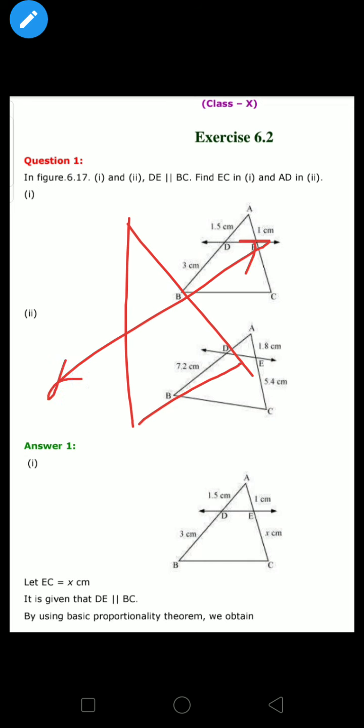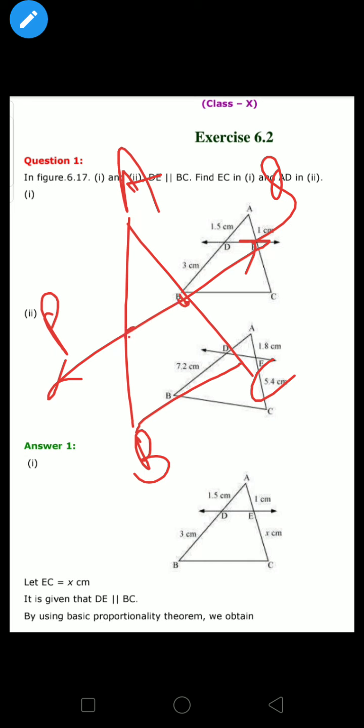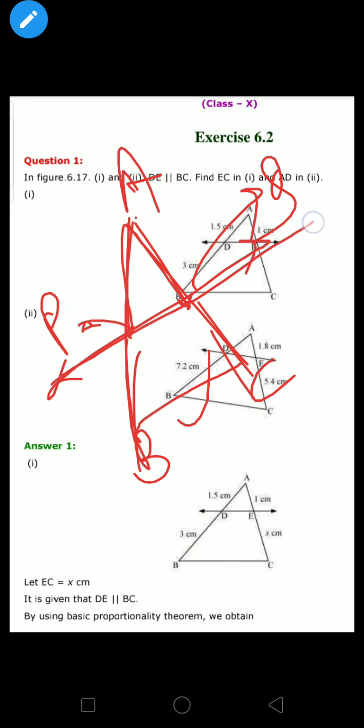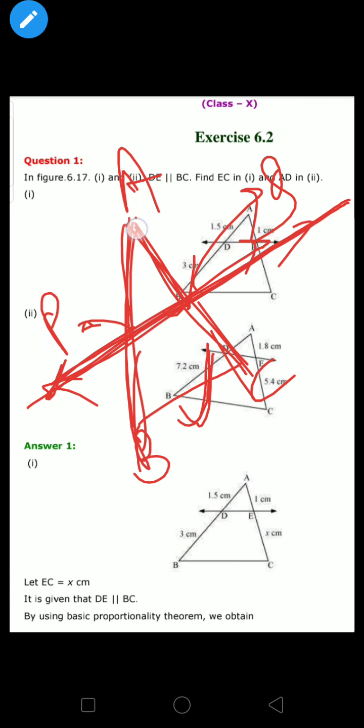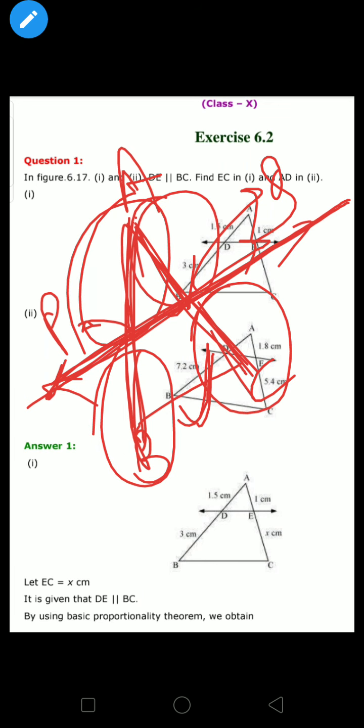Okay. If a line, what I told you? I told you this is the line PQ. When a line is intersecting two lines and is parallel to the third line, then these segments will be proportional to each other. Means AP upon PB is equal to AQ upon QC, if these points are P and Q, when we have drawn a line that is parallel to the third side. If a line is intersecting two lines and is parallel to the third side, then the two sides are proportional. Means AP upon PB is equal to AQ upon QC, students.